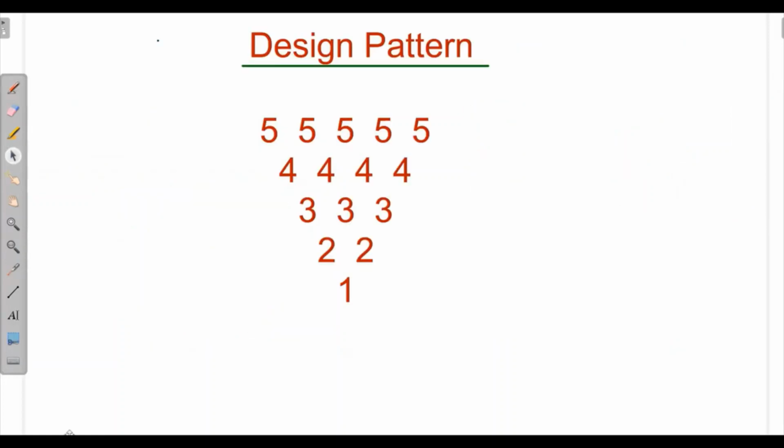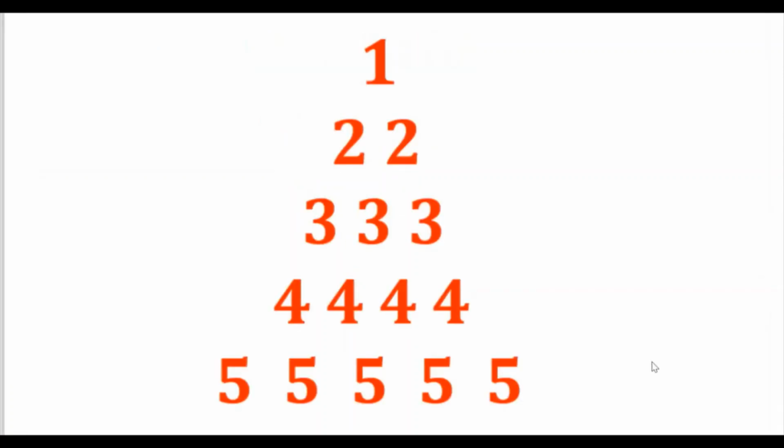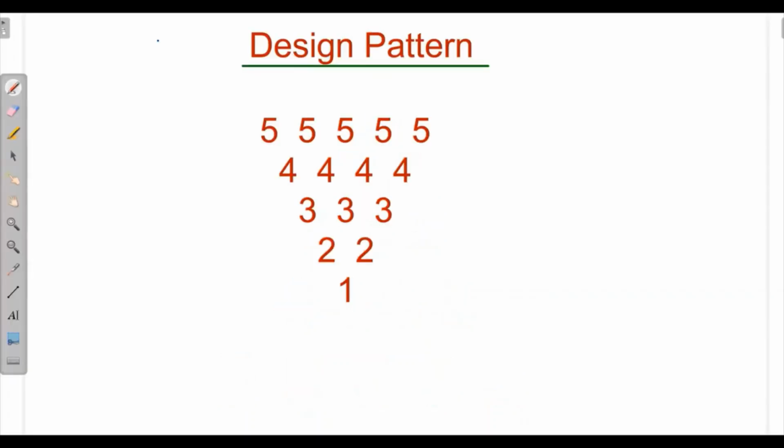Now we will see the reverse triangle. In the last video we have seen the triangle program. In this program, the numerical pattern was increasing as we go downwards, that means vertically, whereas horizontally it was constant. But if we come to the reverse triangle program, vertically it is decreasing in rows, whereas horizontally for columns it is constant. This program will be almost the same as the last one, but with a few changes. Let's see what these changes are.